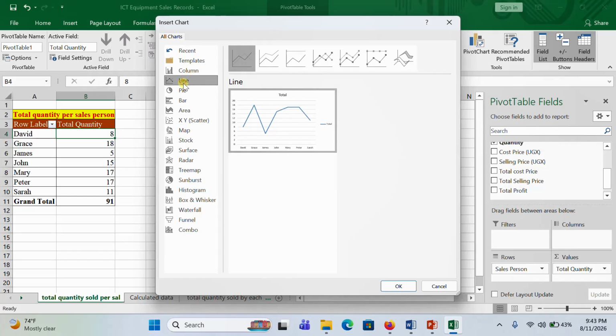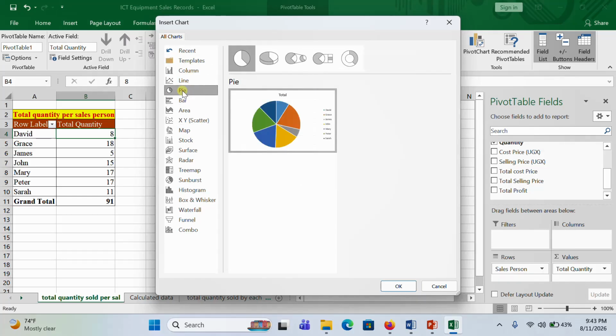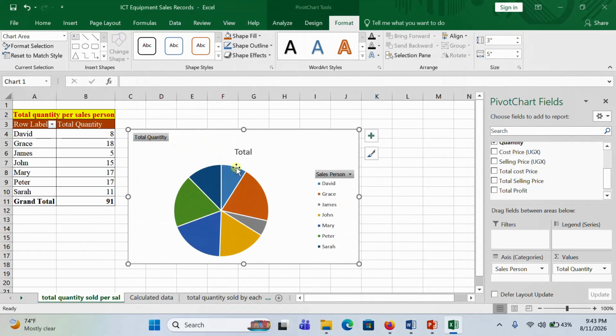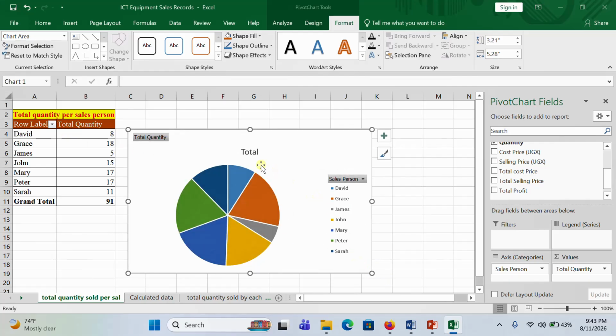So under pivot charts, you can now come up with a chart of your own. For example, line graph, pie chart. Let me try pie chart for now. Now you can click on OK, and you will be able to see the pie chart for this data appearing there. Then we need to just change this title,